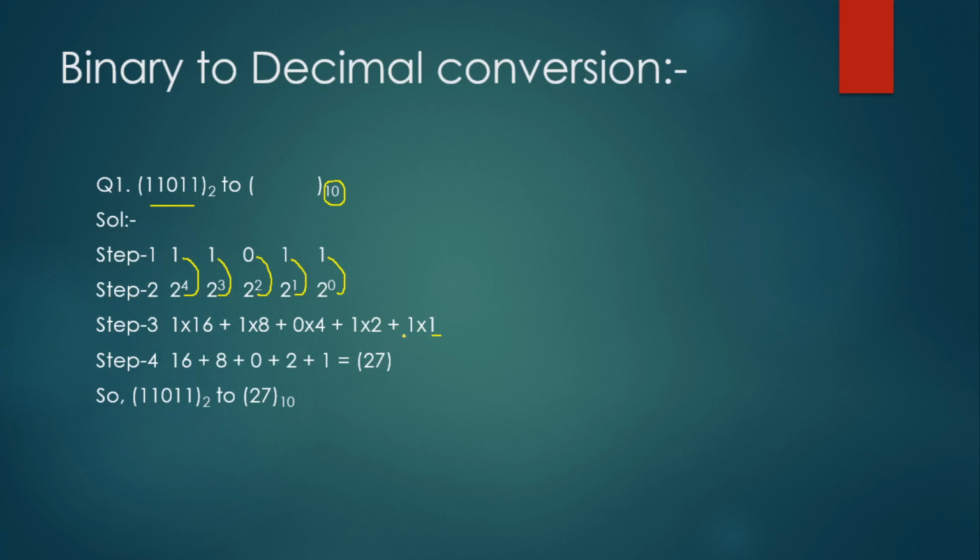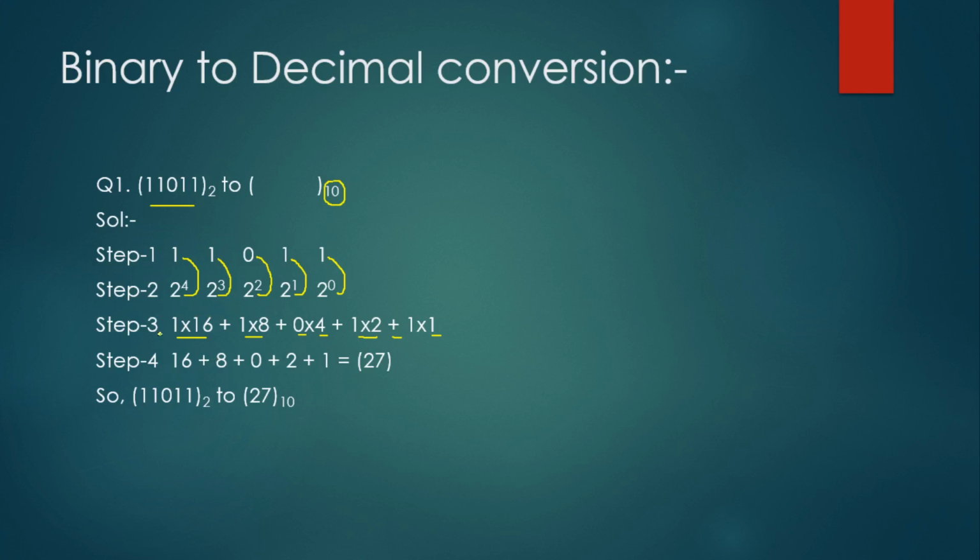Because you have to add all these numbers, here I've written a plus sign. Now when you calculate 2 raised to power 1, you will get 2, and you have to multiply this 2 by the corresponding digit, that is 1. So here we have written 1 into 2. Now plus sign. 2 raised to power 2 is 4, and 4 into 0 we have written here. Now plus, 2 raised to power 3 is 8, and 8 into 1, plus 2 raised to power 4 is 16, and 16 into 1, we have written here 1 into 16.